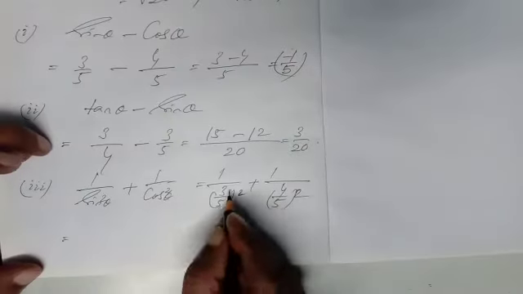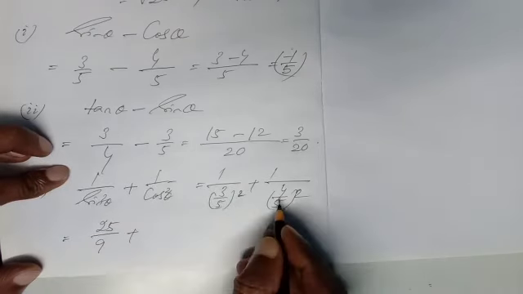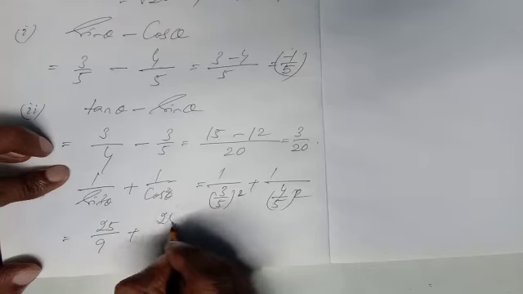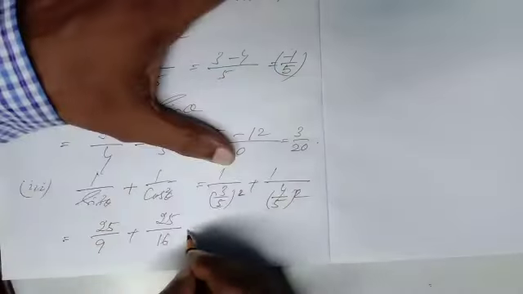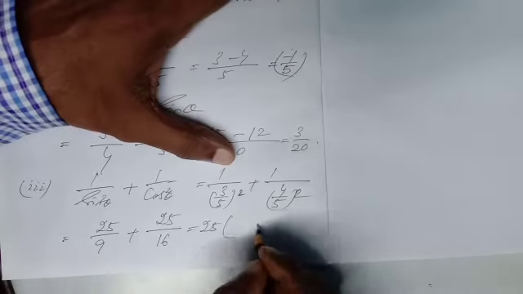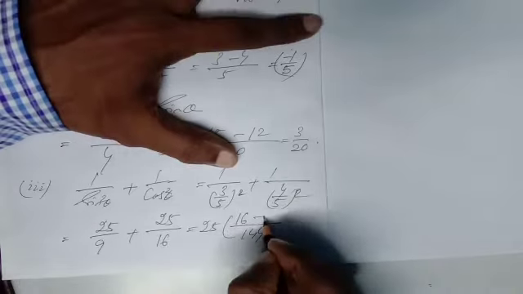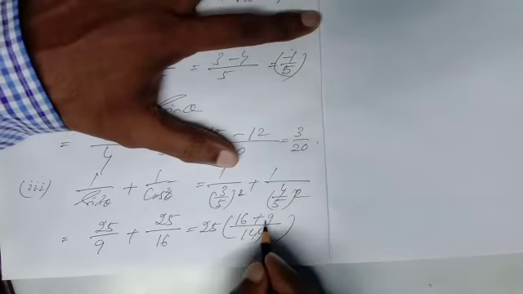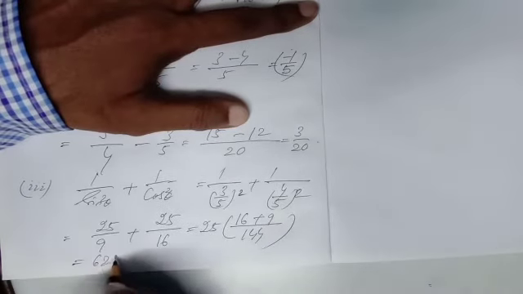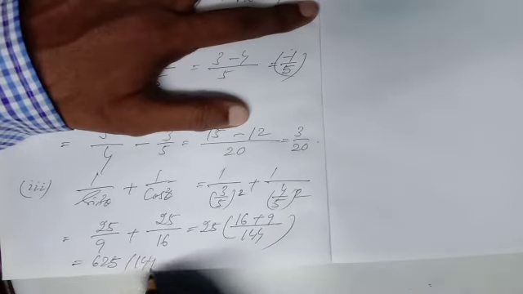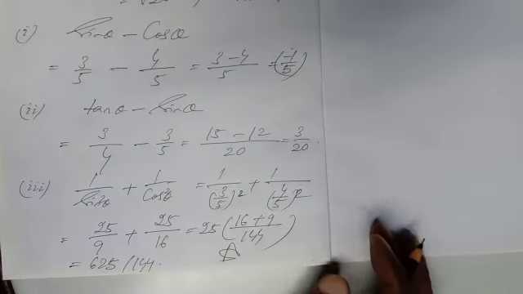Now this will be 9 by 25, 25 will go up, 25 by 9, plus again 25 by 16. You can take 25 common here. The LCM will be 16 into 9, that is 144, and this will be 16 and this is 9. 16 plus 9 is 25. 25 into 25 coming 625 by 144. In this way I have completed number 31, all the 3 parts. Let us go to the next part.